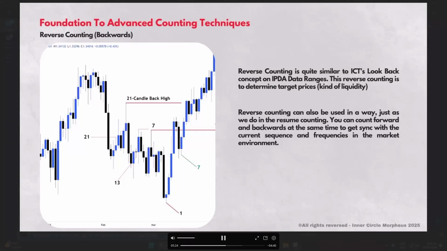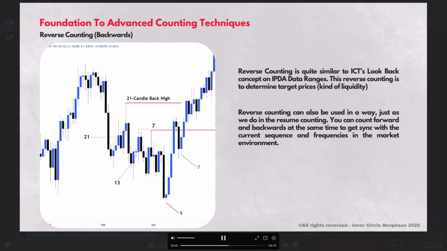Reverse counting. It's quite similar to ICT's look-back concept on IPDA data ranges. This reverse counting is to determine target prices, kind of liquidity pools. Reverse counting can also be used in a way, just as we do in the resume counting. You can count forward and backwards at the same time to get in sync with the current sequence and frequencies in